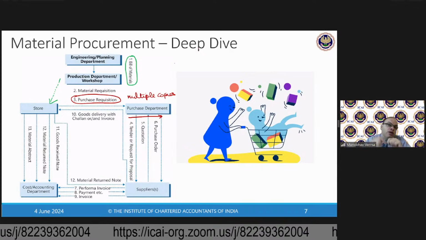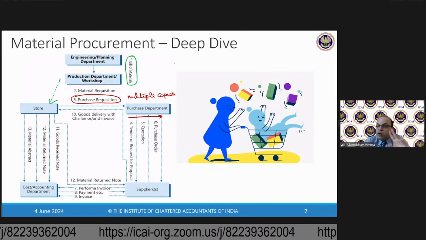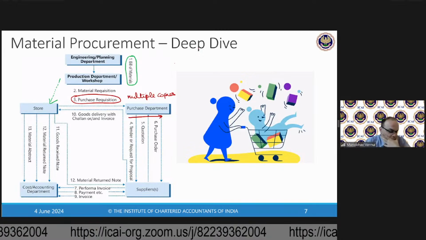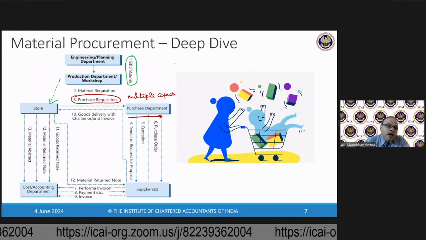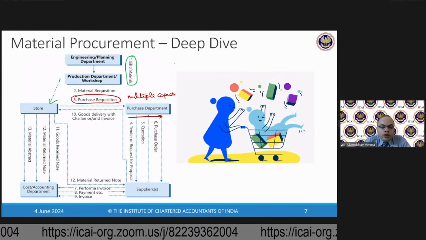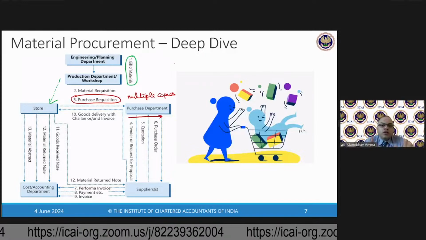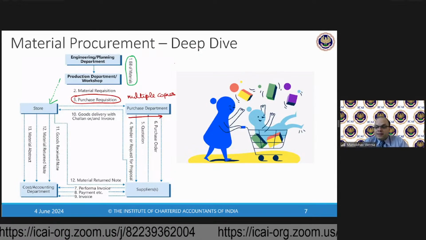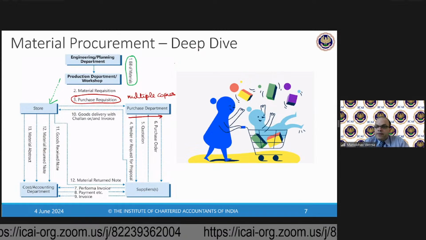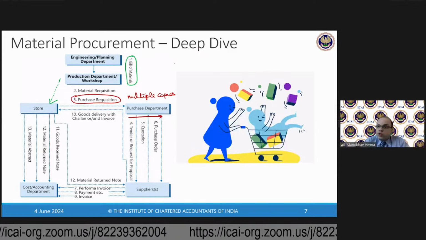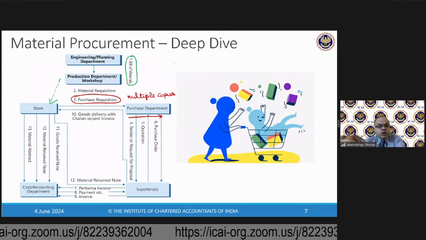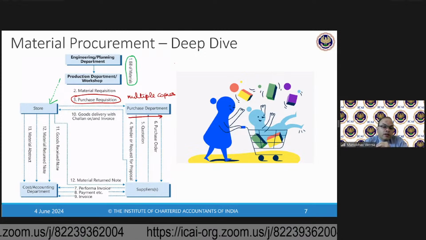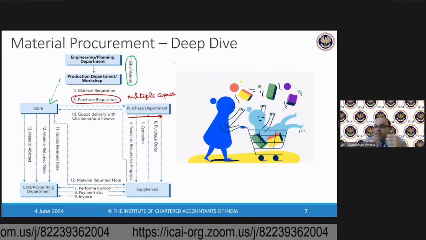So we are talking about issuing the purchase orders in multiple copies to multiple departments. Of course, one is going to the vendor. As soon as a vendor receives a purchase order, this is a very important discussion, which is a proper flow that happens across industry, guys. So we are looking at a PO being issued by the procurement team to the selected vendor. As soon as the vendor or the supplier receives the PO,